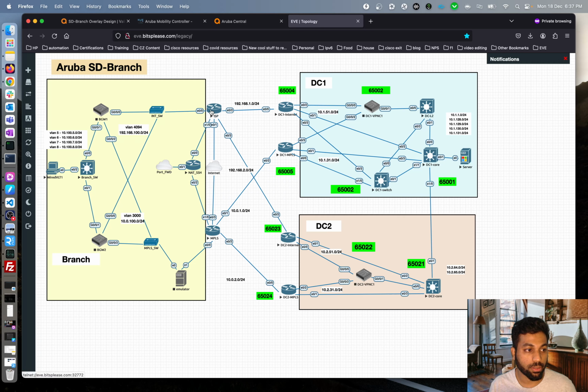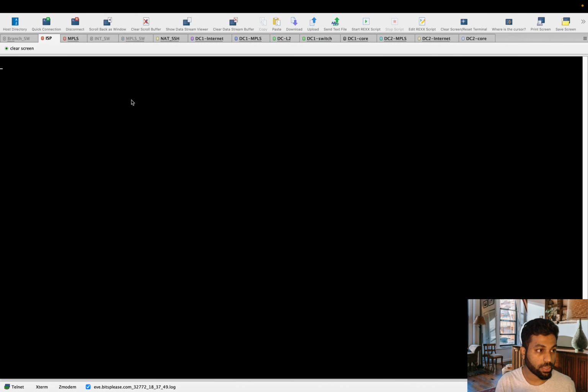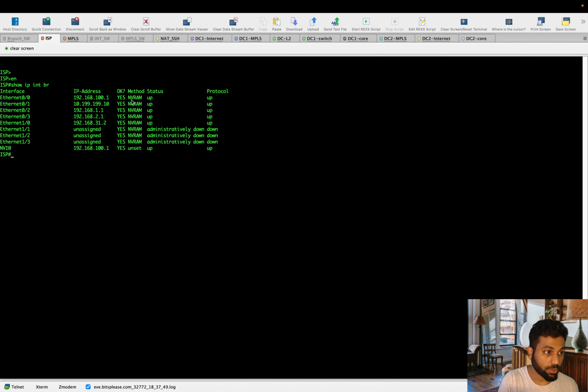For now, when this device comes up, we are trying to do something like zero touch provisioning. We will not be doing any manual configuration on the branch gateway. Rather, when the device comes up, it will get an IP address from the DHCP server. So let me quickly show you the configurations on the ISP device. Show IP interface brief. This is going to be the default gateway for that particular LAN segment. And if you look at the DHCP server,